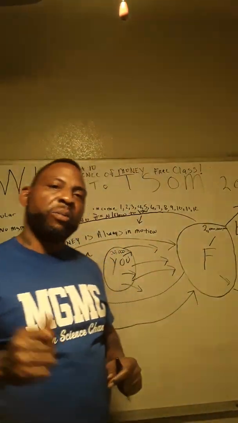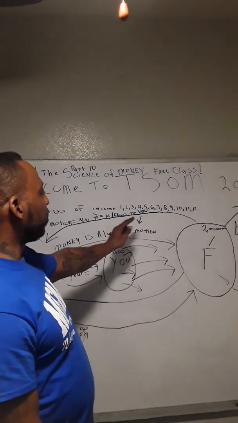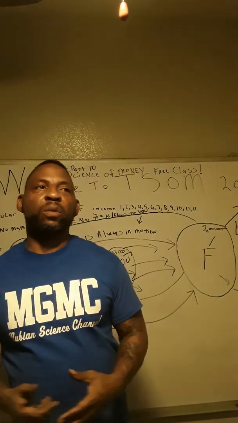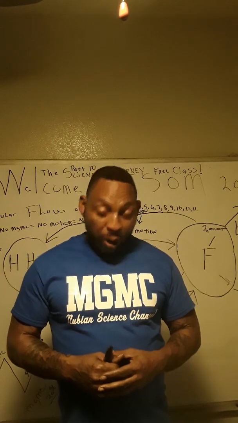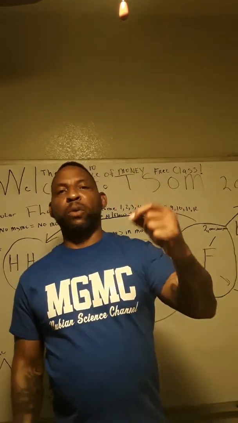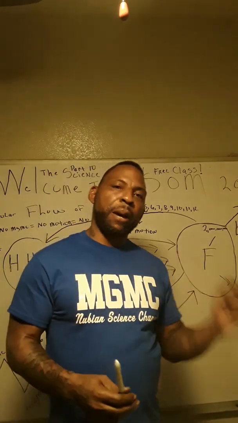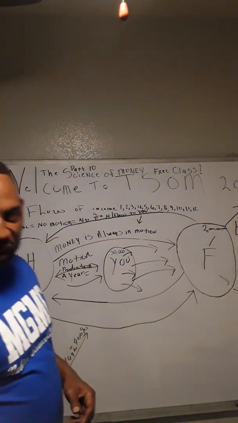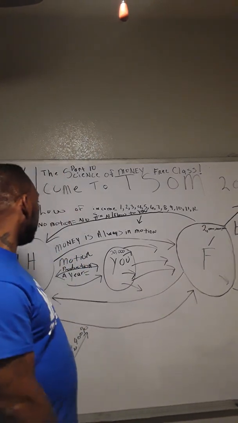We're talking about the MGMC and the circular flow of income over a 12-month period. So this is going to be like what we used to call in college a capstone course. Primarily, it is going to be a summary of all of the previous lessons, and then you have a final assignment that you'll be tested on. Now, of course, this is absolutely free, so it's no test. Nonetheless,